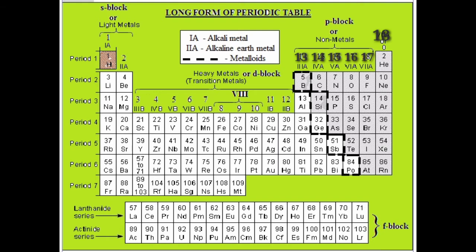Okay, the 17th group is of halogens. All halogens belong to this group. Then the 18th group is of what? Helium, neon, argon, krypton, xenon. So all these elements are what? Inert gases, or noble gases. Means what? If you see their electronic configuration, they are stable. So these elements are called noble gases or inert gases.